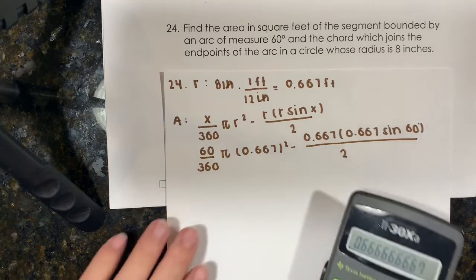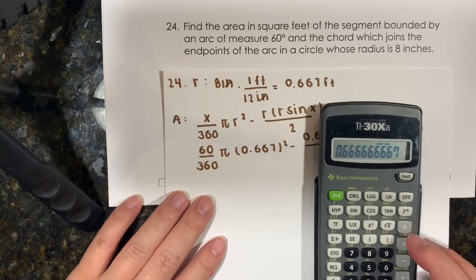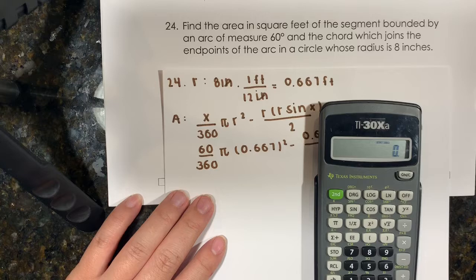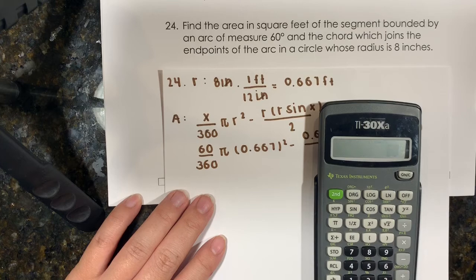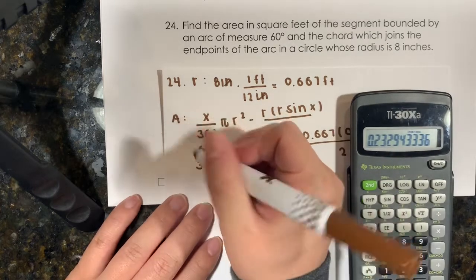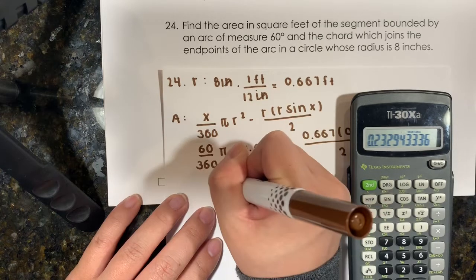So now what I'm going to do is I'm going to square, so 0.667 squared times pi times 60 divided by 360 would give me, I'm going to go to 4 decimal places,